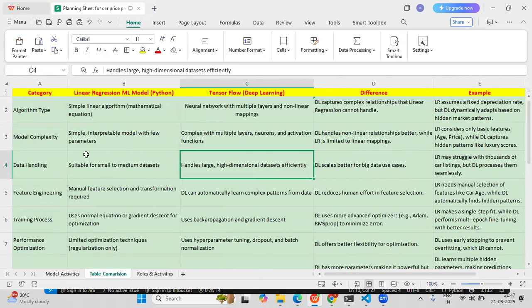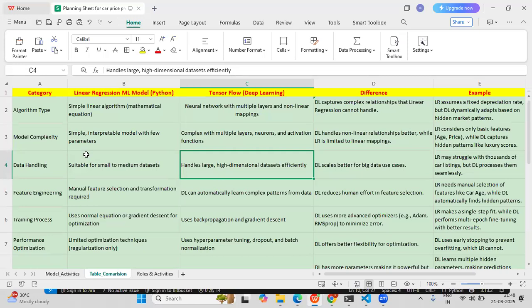Then the second one, model complexity. The linear regression ML model is very simple and interpretable, with a few parameters. TensorFlow deep learning is complex, with multi-layer neural networks where neurons and activation functions are involved.